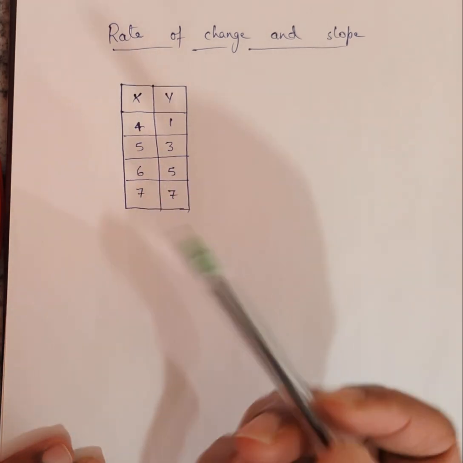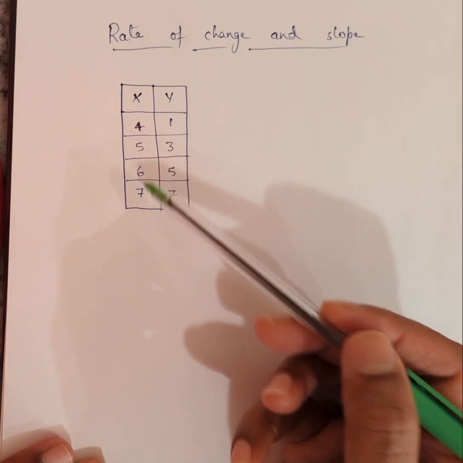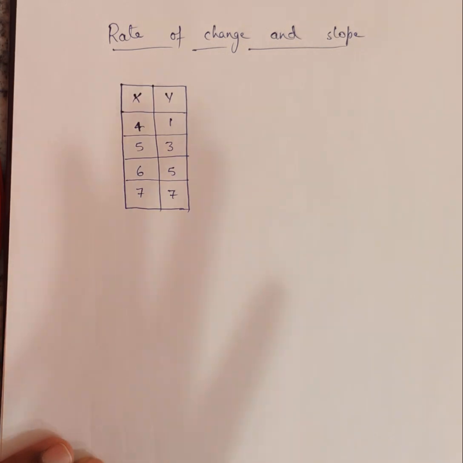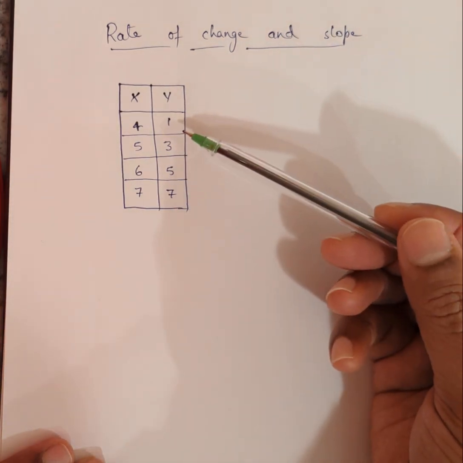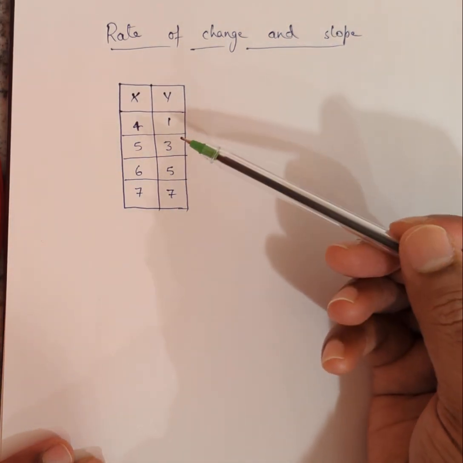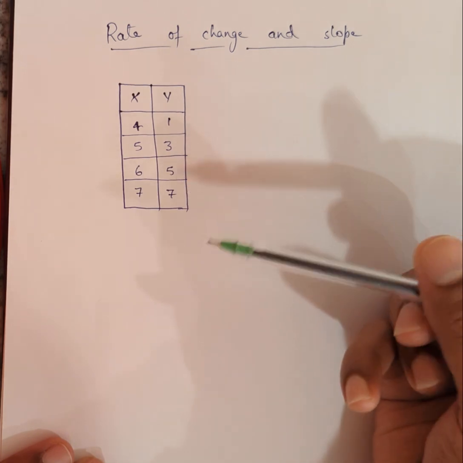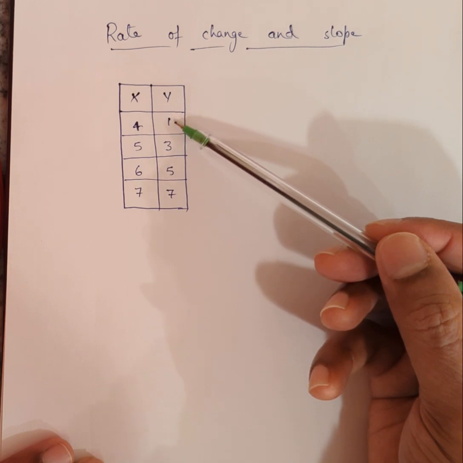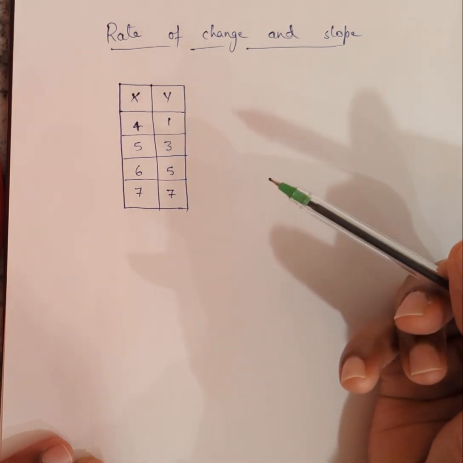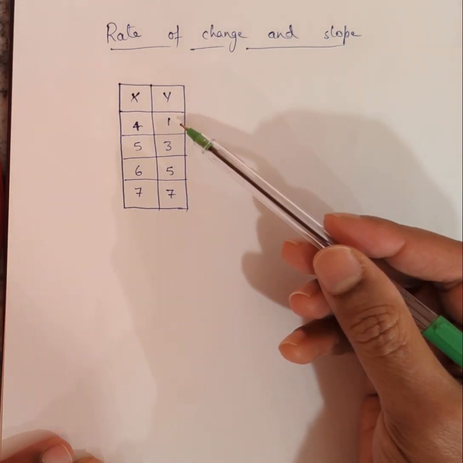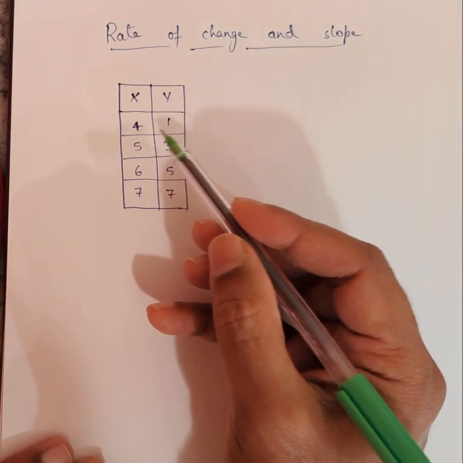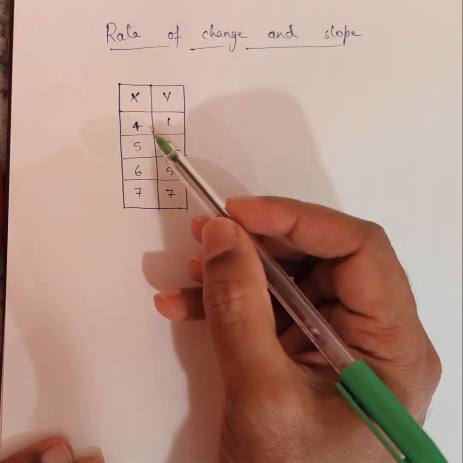So what is linear data? Whenever x changes by a fixed amount, y changes by another fixed amount. So y also changes by the same quantity. Not necessarily by 1, but by some fixed number. And the reason it's called linear data is because if you were to plot all these points,